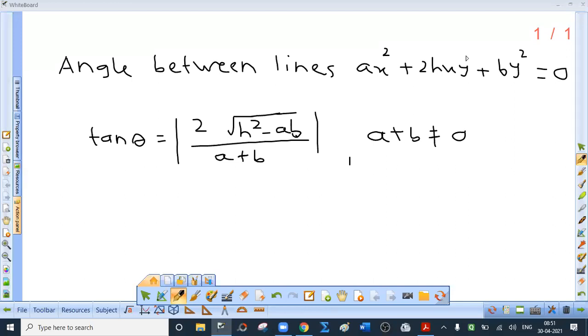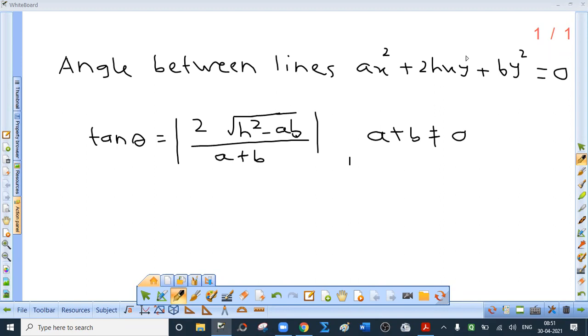Now the next important part is the angle between lines represented by ax² + 2hxy + by² = 0. Usually this part is asked for 4 marks in the board exam. Just listen to me. You're not supposed to write. The theorem is: if theta is the acute angle,